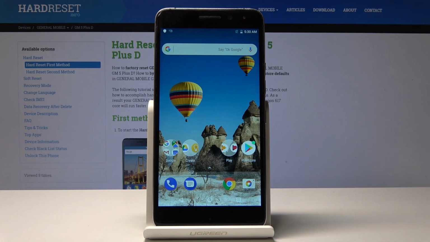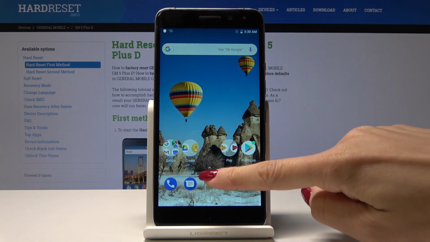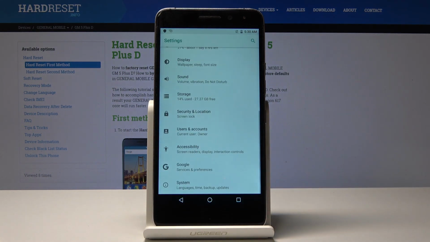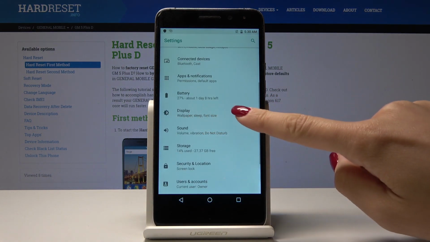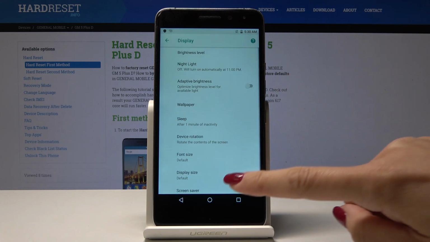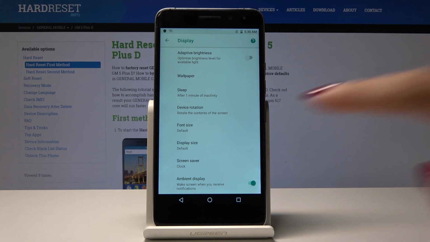Here I've got General Mobile GM5+D, and let me show you how to change the font size on the following device. So at the very beginning you have to open the list of all apps, just swipe up to do it, and then go to the settings. Now find and pick display, open advanced options, scroll down a bit, and here you will notice font size, so